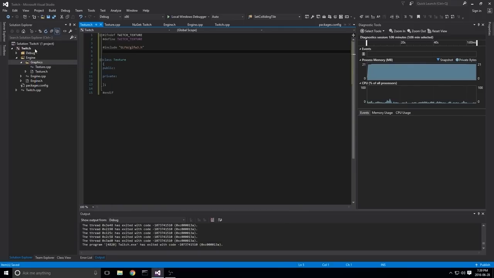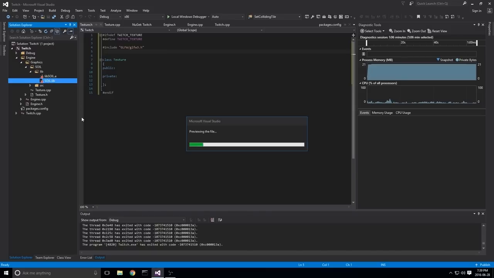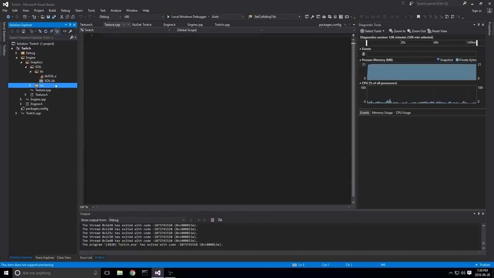Now what we're going to do is, again, this is going to show us what's in our project right now. So we can refresh and you'll see that SOIL shows up magically. Again, this shows what's actually in Explorer. Now in lib, we want to make sure we include soil.lib into our project. So we're going to include in project, and that's going to basically allow us to use this lib directly without having to pragma comment it or anything.